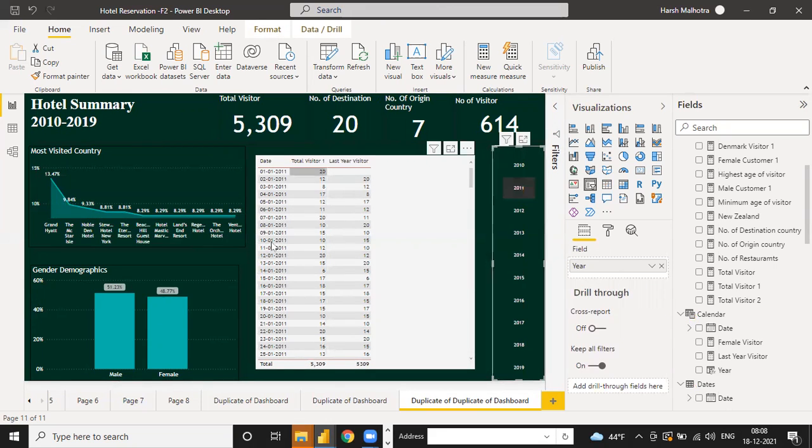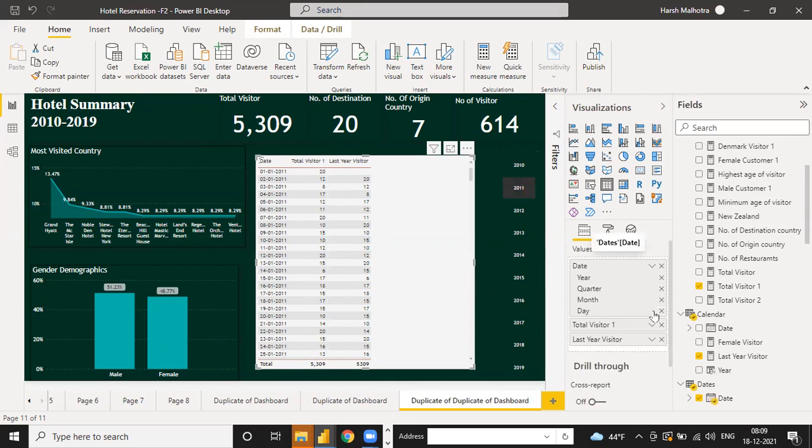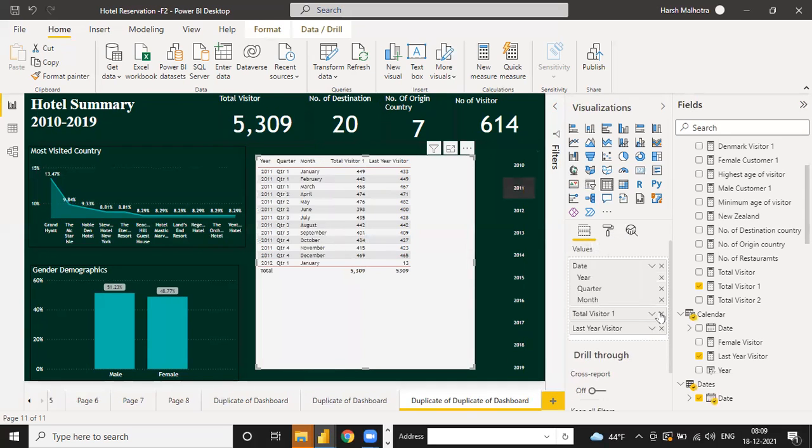Same way if you click on only 2011, okay, so see 20, then 20, 12, 12, 8, 8, like this the value is there. Okay, so this is your total visitor. Sometimes, guys, this error looks like a Power BI view error. Sometimes you can select your complete year, then you can change. Suppose here I am selecting this table date. Instead of date hierarchy, suppose I don't want date, okay, remove the date.